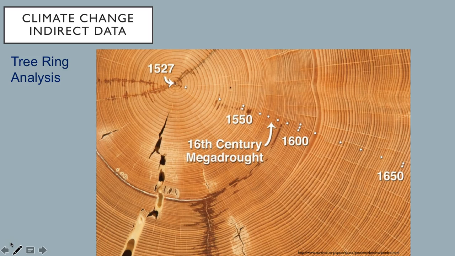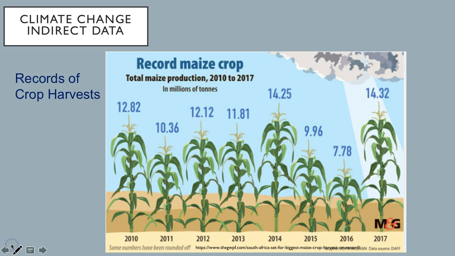Versus narrow rings, which indicate low growth years. Here is a period of several years of drought, several narrow bands, one after another. Human records of crop harvests are another method of indirect measurement. Farmers record the amount of harvest, and by analyzing good and bad years, we can interpret the harvest data with